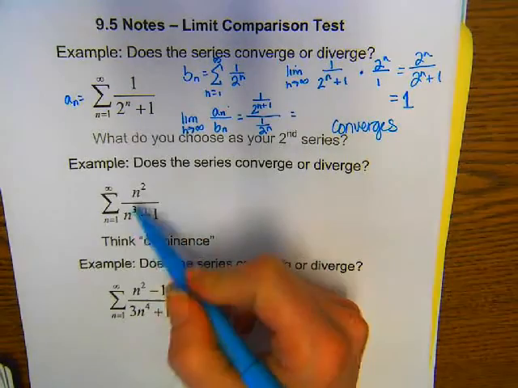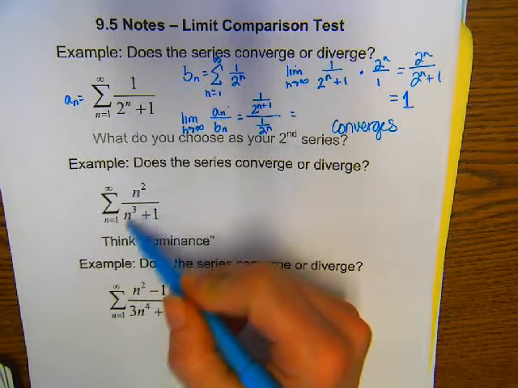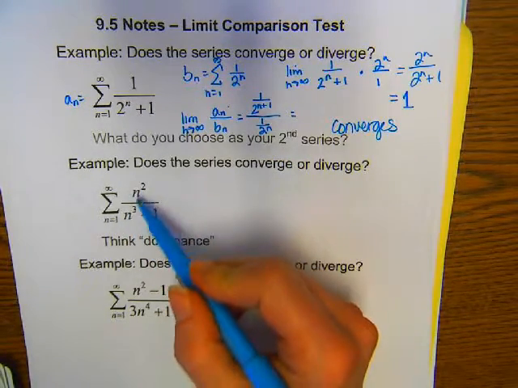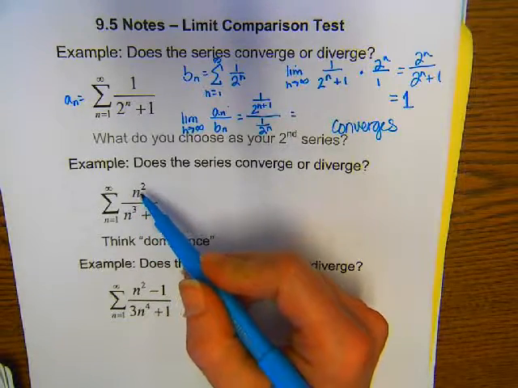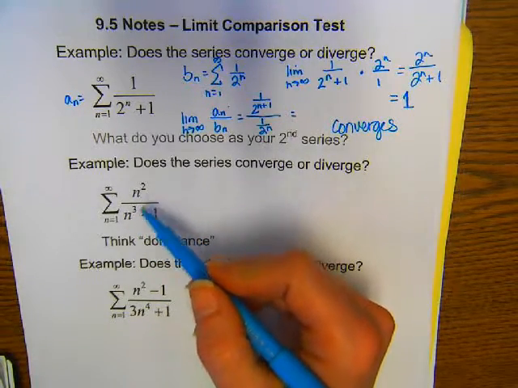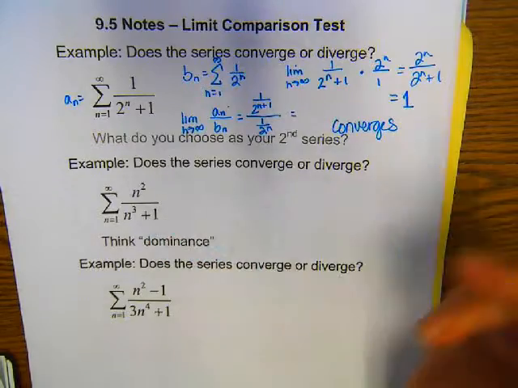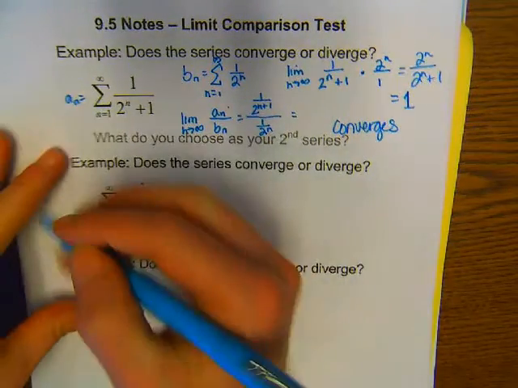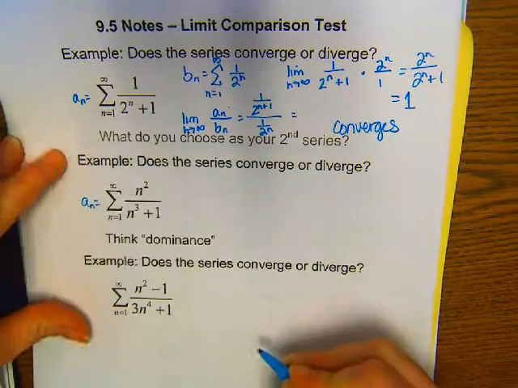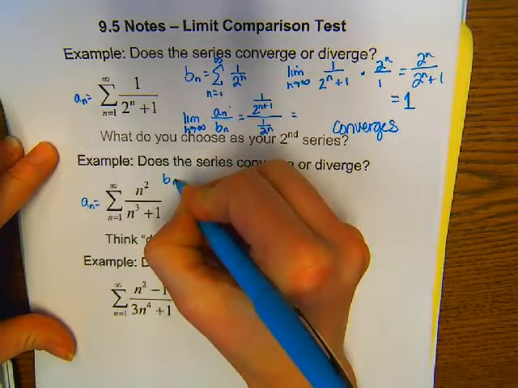If we would divide top and bottom by n squared, we would have 1 over, I know you can't do that, but if you look and you say, okay, divide the top and bottom by n squared, this would be 1, this would be n. So I'm going to compare it to the harmonic series 1 over n. So I'm going to let this be a sub n, and b sub n is the,